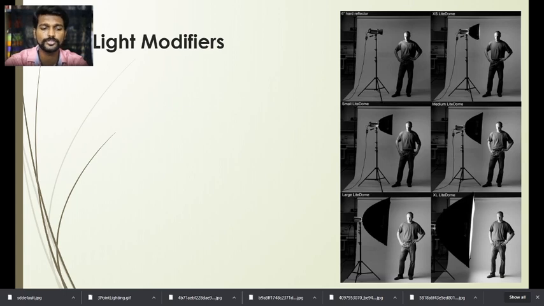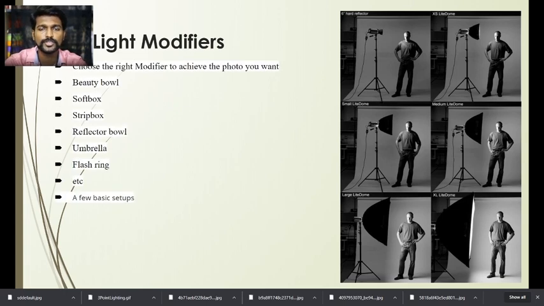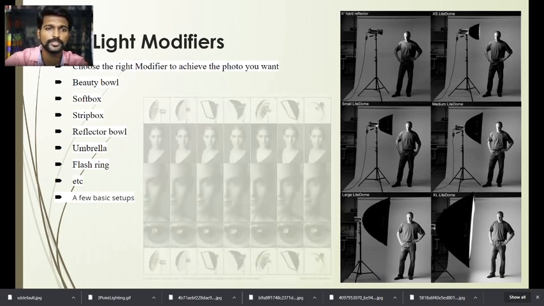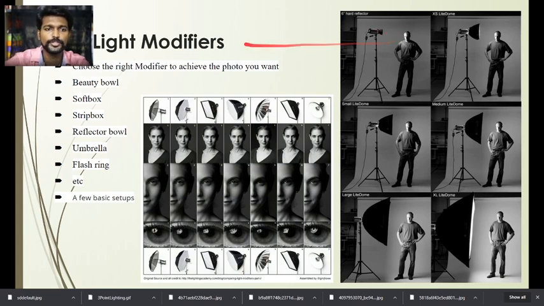Any modifier can be used in these types of portrait lightings. I'll show you a few examples of modifiers. Choose the right modifier to achieve the photo you want. So what is the need of our output? We need to choose the best modifier for that. We have many modifiers here: beauty dish, softbox, strip box, reflector bowl, umbrella, and flash, etc. A few examples: this is a reflector umbrella, this is a diffuser umbrella, this is a softbox, an Octa.